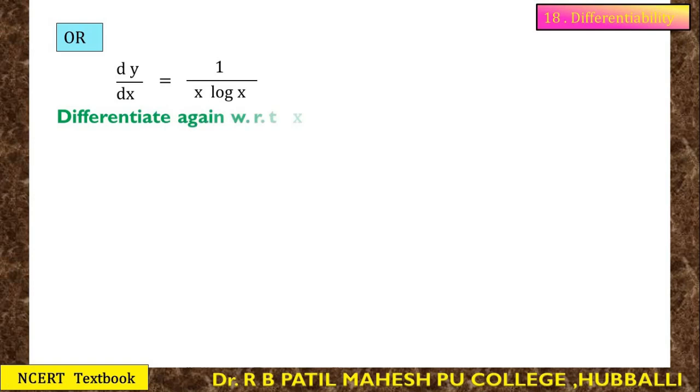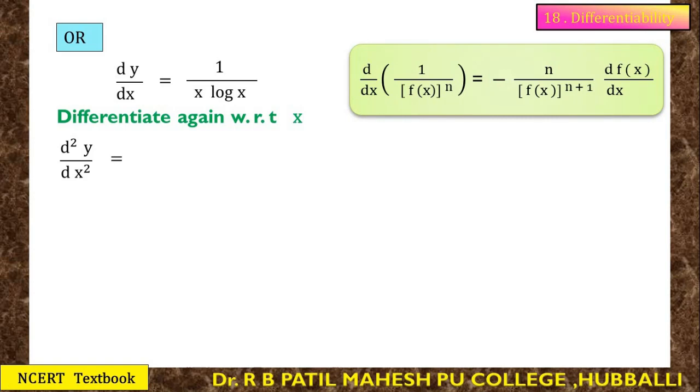So differentiate with respect to x, double derivative is equal to, now to write the derivative of this function I follow this composite rule, 1 upon function raised to n. Now you treat this entire term as a function, and what is its power? 1. Nothing is there means 1 it is. This entire term is the function and this is power 1. See, the derivative is like this: minus n divided by function raised to n plus 1, and after that the function derivative.